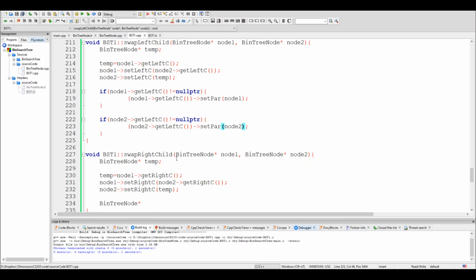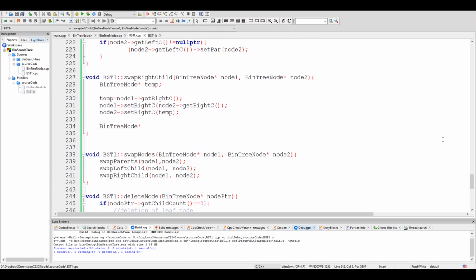And now I have to do the same thing for the right child. I'm just going to copy this block and save my typing efforts.